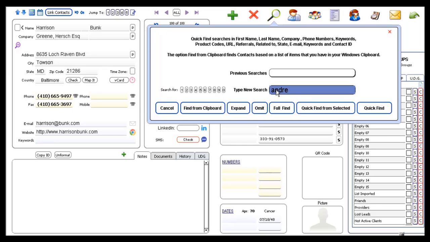For example, let's say we have this contact, and we have selected here. We have 100 selected, and we are in position 100. But let's say that we want to find this contact, and we remember that his phone starts by 410, and also we remember maybe just that the last name is Bonk, but we only know that he's a BU, or